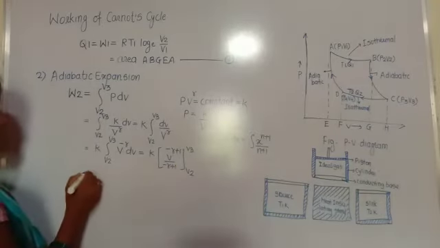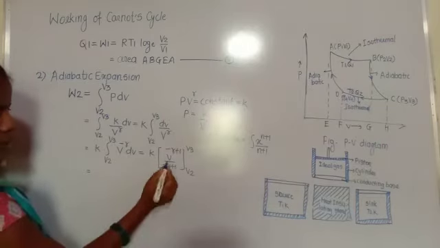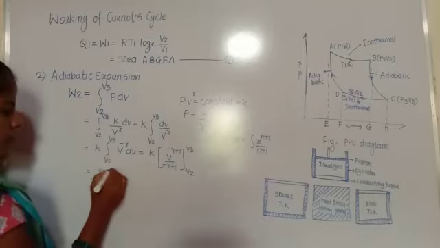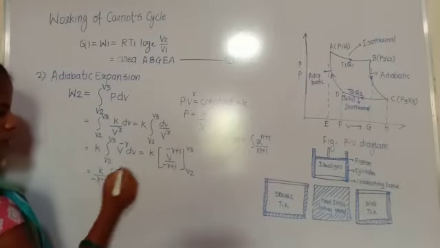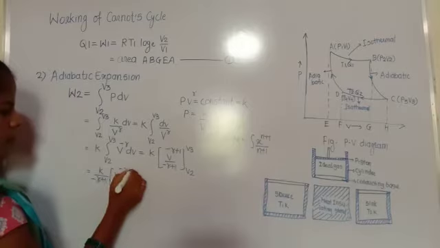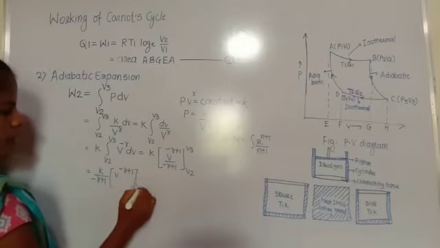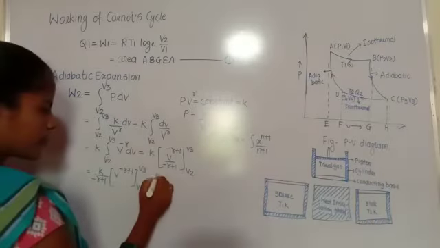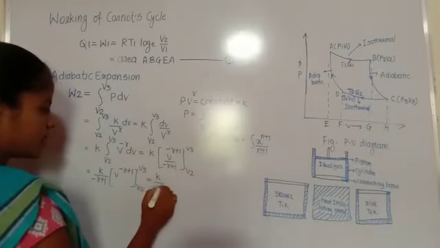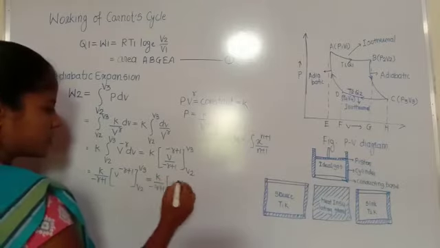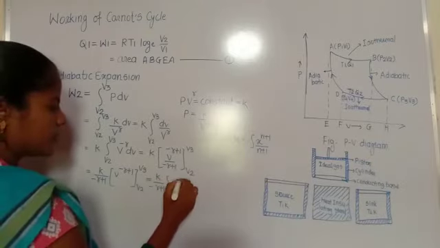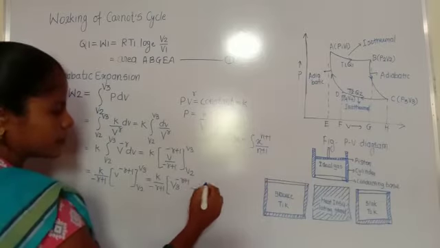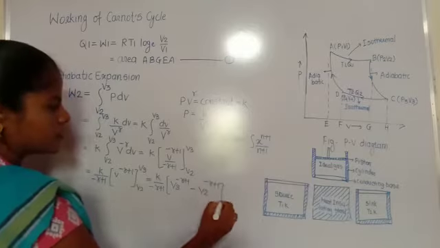So after solving this, by putting the upper limit and lower limit, this is the constant we take outside, that is k divided by minus gamma plus 1 into the first limit, this is the v to the power minus gamma plus 1, v2 to v3. So this can be written as k by minus gamma plus 1, first v3 to the power minus gamma plus 1, minus v2 to the power minus gamma plus 1, okay.